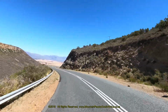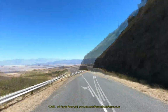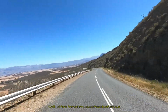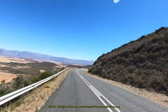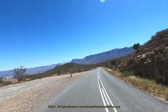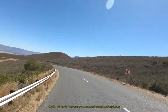During the drier summer months, the pass carries mainly traffic from the surrounding farming areas to Ceres, but when the winter snows arrive, things change dramatically. Throngs of sightseers arrive from all over the Cape to see the snow. For many it's a first-time experience touching the snow, and with the crowds come expectations, and for many the excitement of the day gets lost when they get stuck in gridlock traffic for many hours, with tailbacks stretching as far as Mitchell's Pass. At the 12.6 kilometer mark, the road sweeps through a 30-degree left-hand bend, revealing a long straight